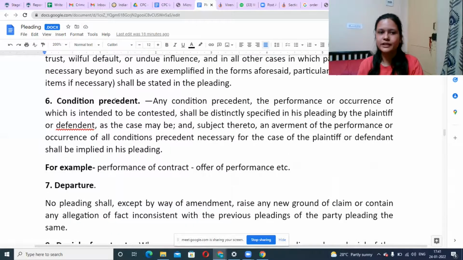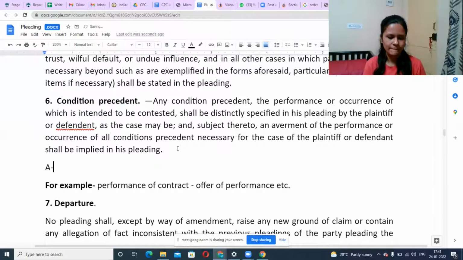Okay, the next one is condition precedent. So what is condition precedent? It's basically something we get as a provision in contracts. Take for example a contract between two persons, A and B, and it talks about